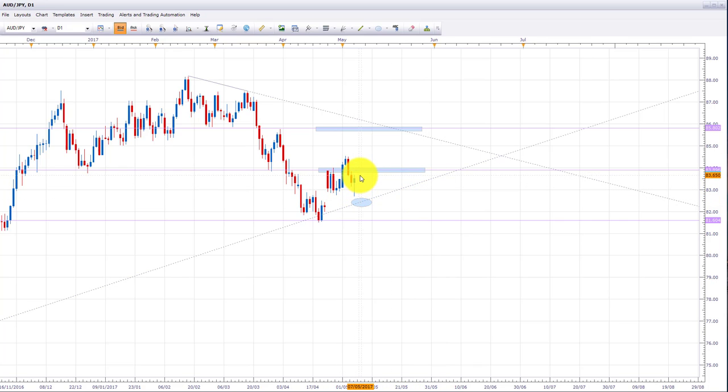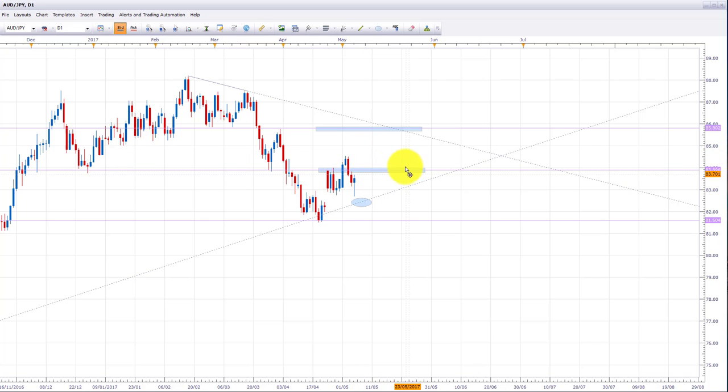We could from this area see a pullback into the 83.89 and a retest. I'm almost certain we're going to get a retest of this area. But the question is, is this going to hold as resistance? If it does hold as resistance, we're expecting a retest of this major upward sloping trend line in this area here. However, what I'd really like to see on this pair is it break back into this territory and hold,